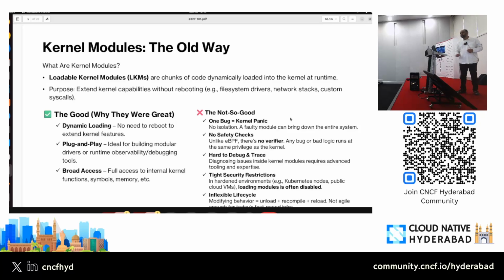But the problem with kernel modules is the last one, which I mentioned as a good: you get broad access, and if not done properly, that will be a nightmare for you. If you change one single line of code, assuming I'm bringing a new feature in, it might break somewhere else, right?